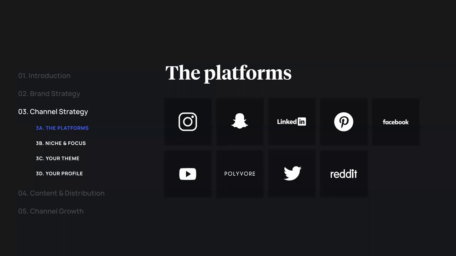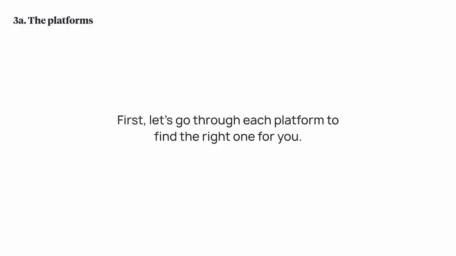Now, again, this is just looking at social media. We're going to look specifically at Instagram. But this thought process of understanding the personas, and understanding the buyer's journey and what issues they may have, is a template that you can use for any social media platform. So let's go through and figure out which platform is right for you based on where you are.